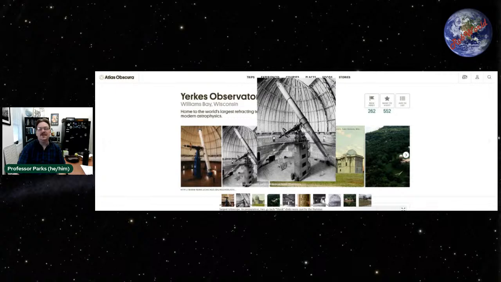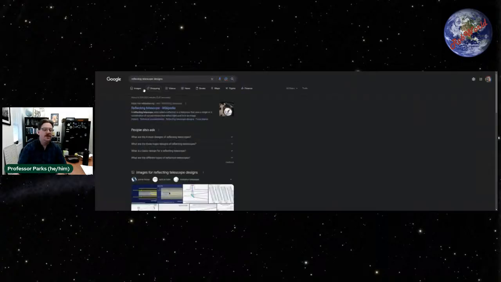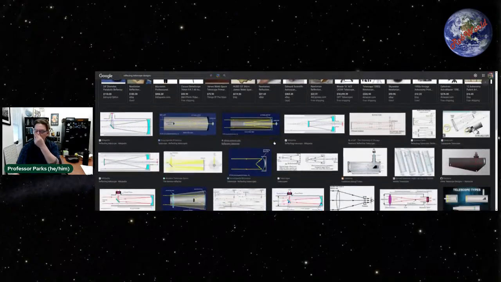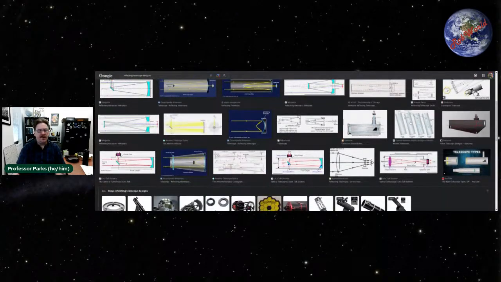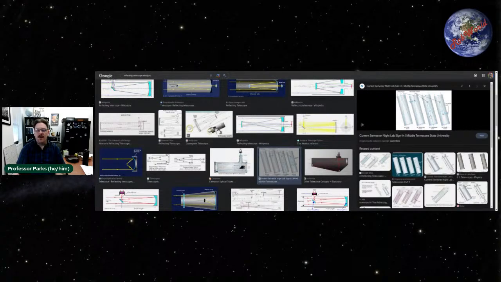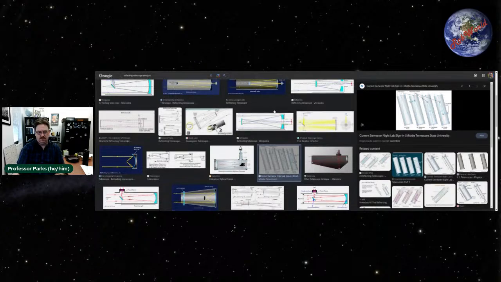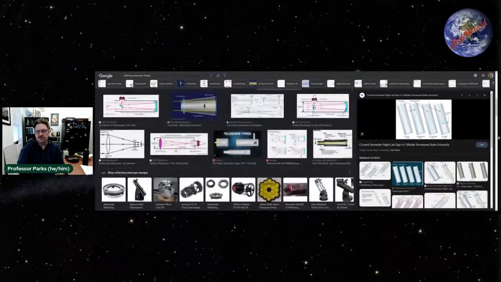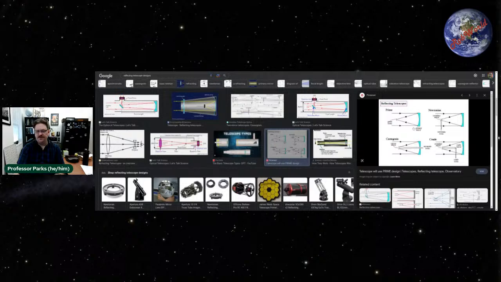So let me do this. The designs. There you go. All right. Good. It's not the best picture, but let's see if this is better.